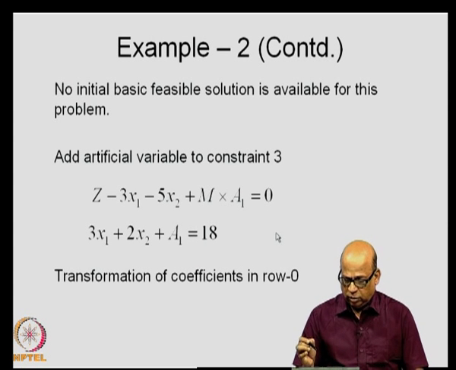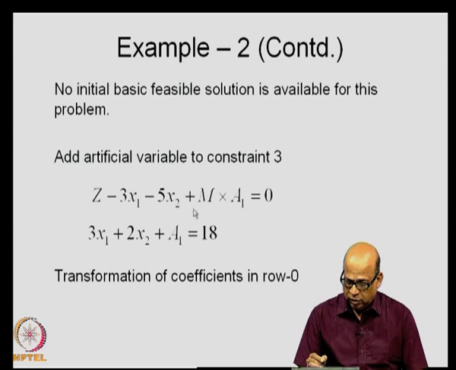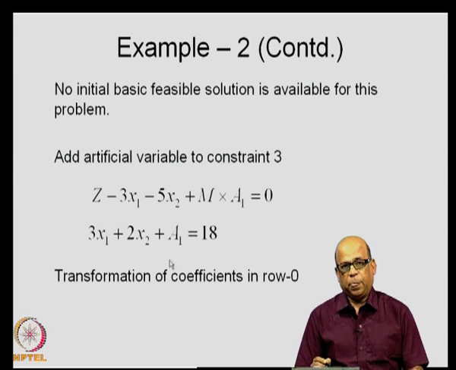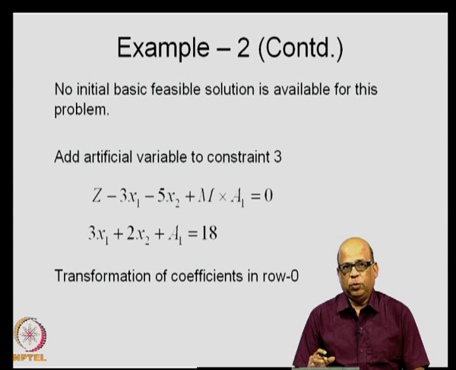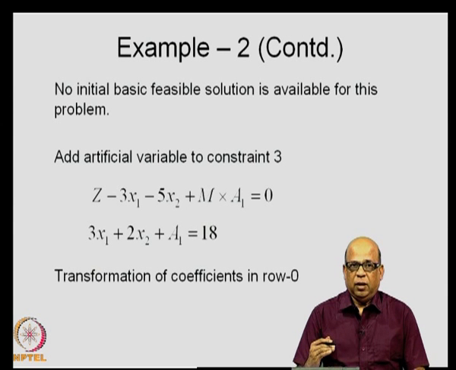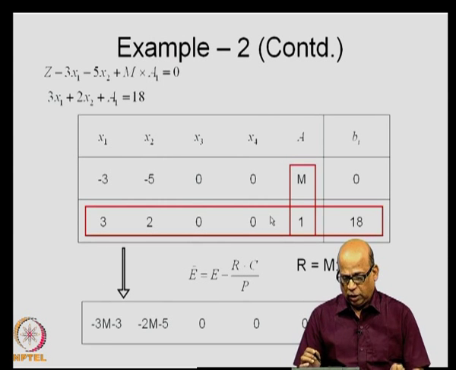These two constraints together you take, and then make the particular column containing the artificial variable as the pivotal column. I will demonstrate what I mean. So, we are now writing the transformation for z. You added the penalty minus M a1 in the 0th row, and then you considered the constraint containing the artificial variable. Now, together we will use them to transform the z row. We are not doing anything to this row, we will only transform the z row. Let us see what we do.